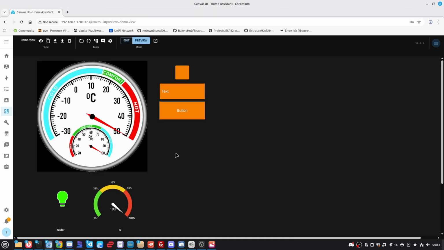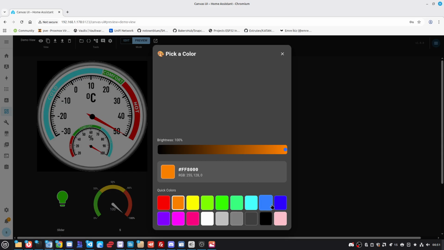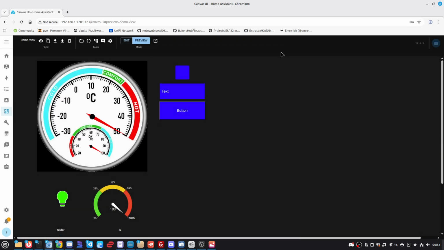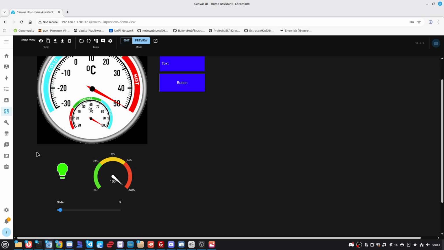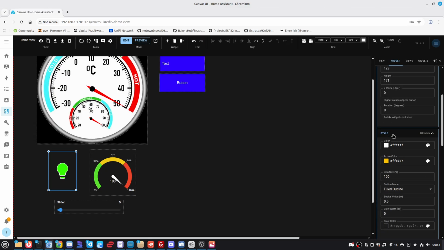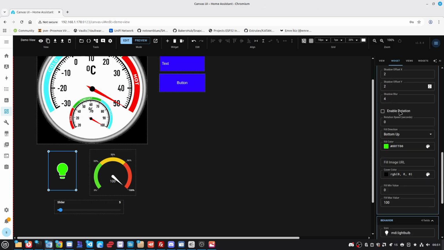And you can see if I go to preview mode, click this, a color picker pops up, change it to blue, and the direct connection between the properties of the widgets. Right, no automation needed. It's all front end. Now, we were talking about gauges before, right? What's interesting is I was talking about icons before, and in the icon settings, you can choose